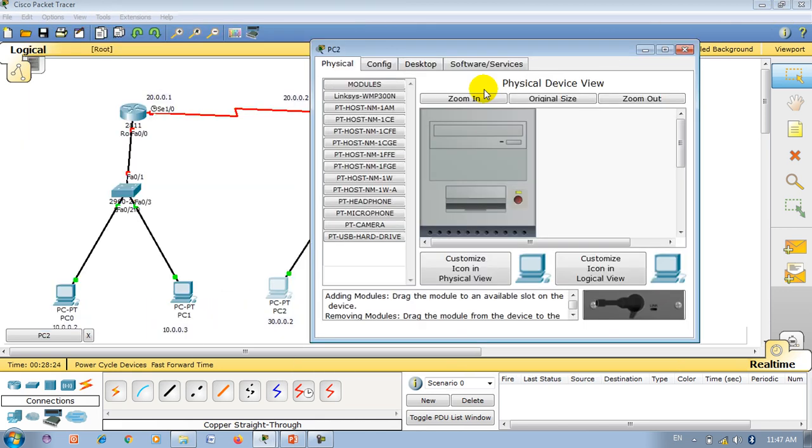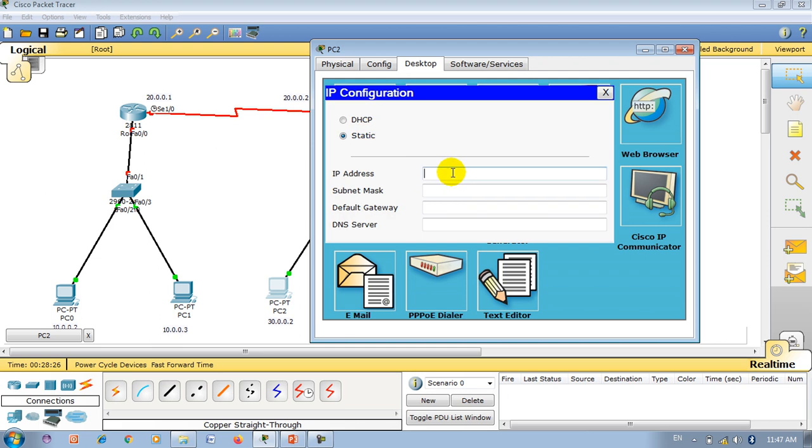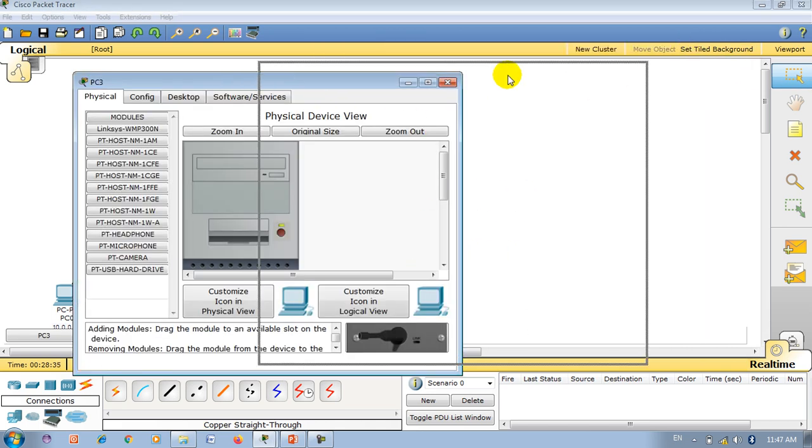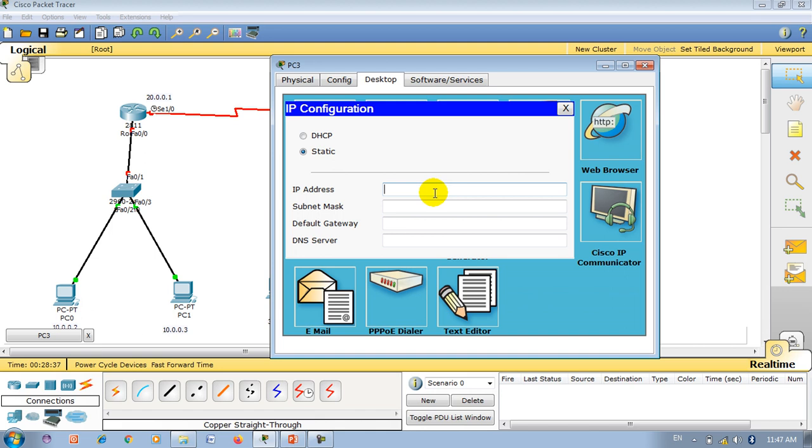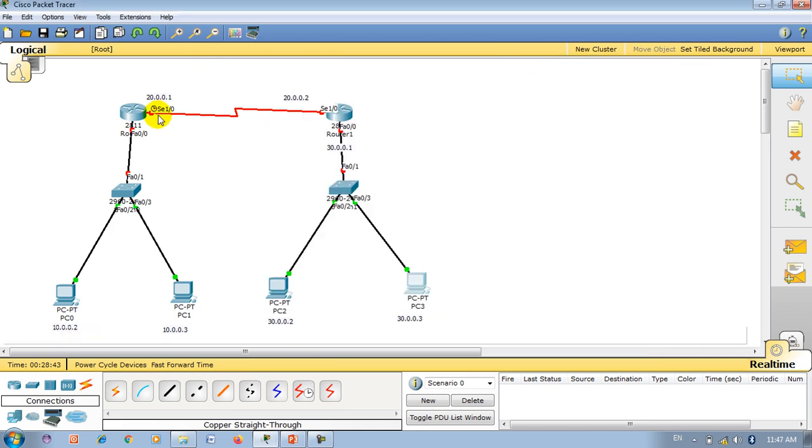Let me also give this side 30.0.0.2, tab, 30.0.0.1 that I will give as the default gateway to this network. 30.0.0.3, 30.0.0.1 as the default gateway.